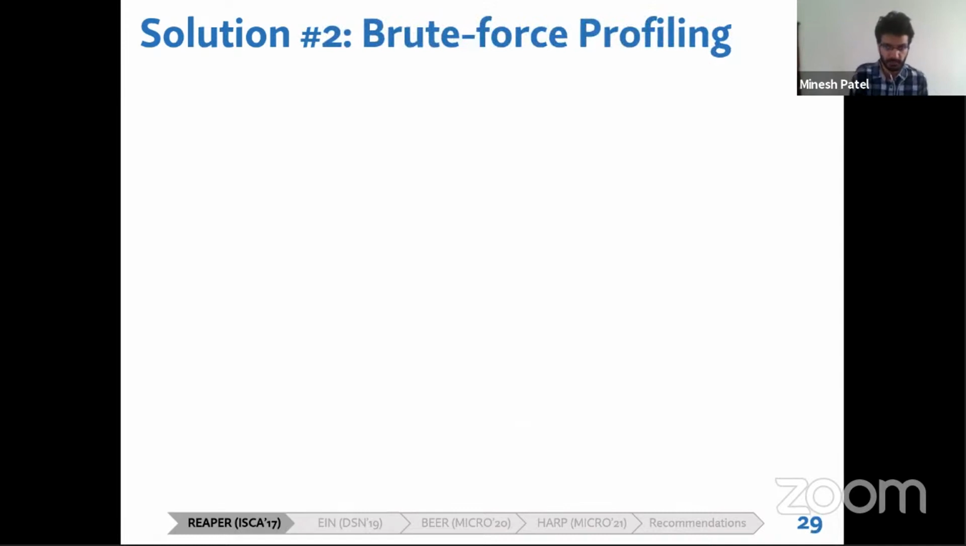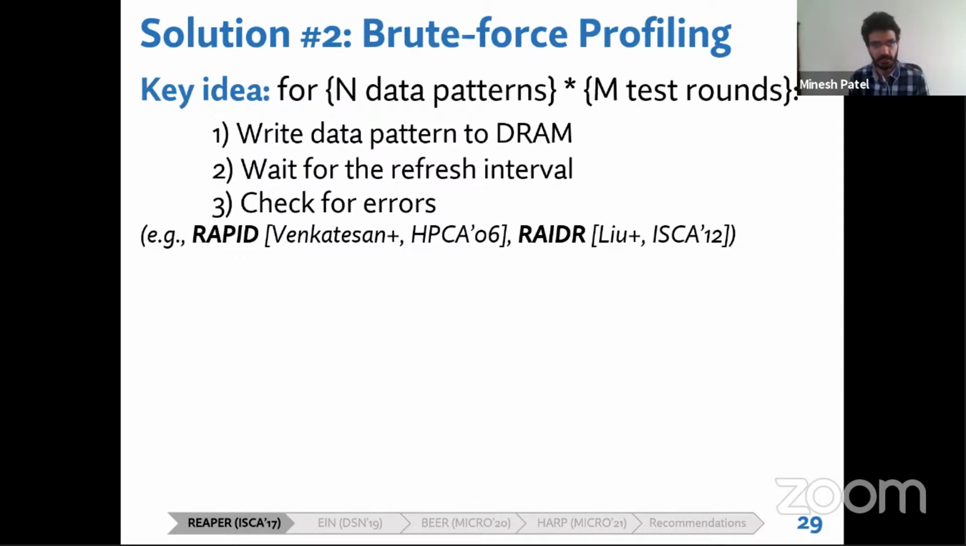The second solution that we consider is what we call brute force profiling. The key idea here is that for n different data patterns over m different testing rounds, we first write data to the DRAM device, we wait for the desired profiling refresh interval, and third, we check for any errors